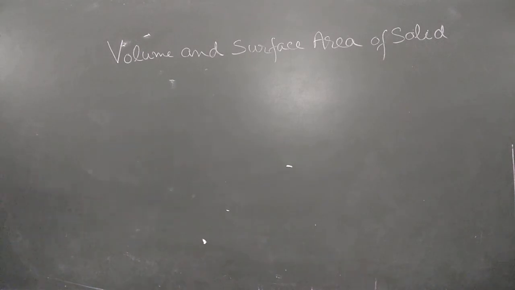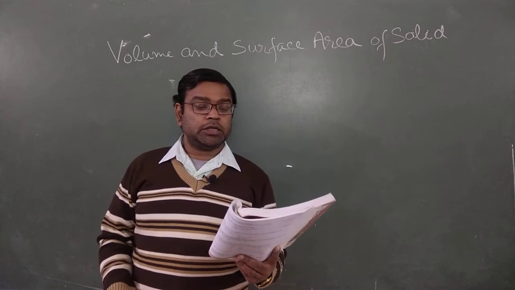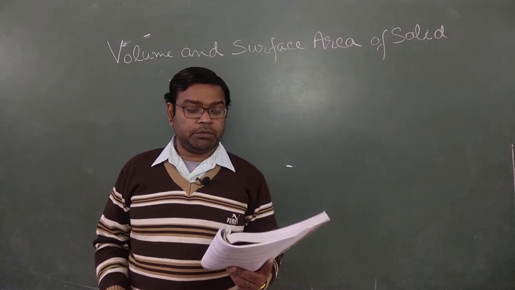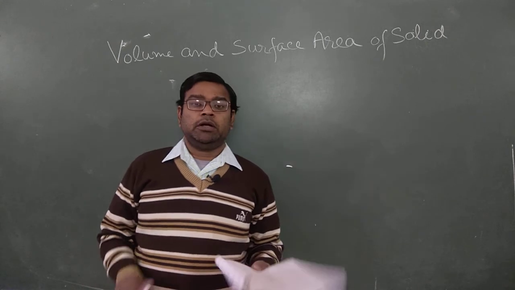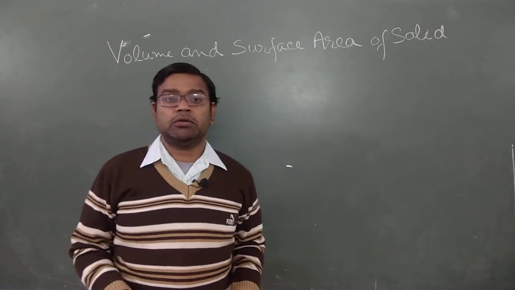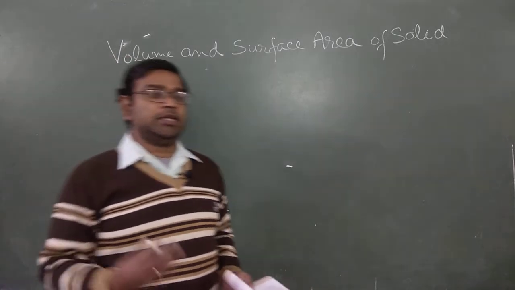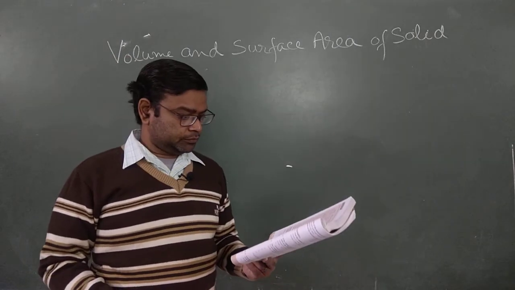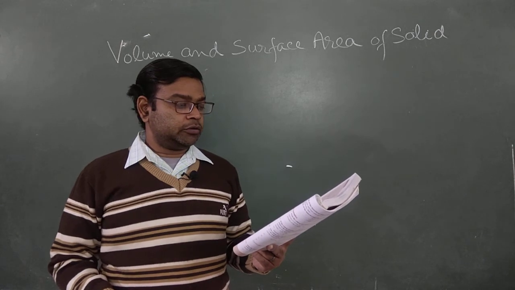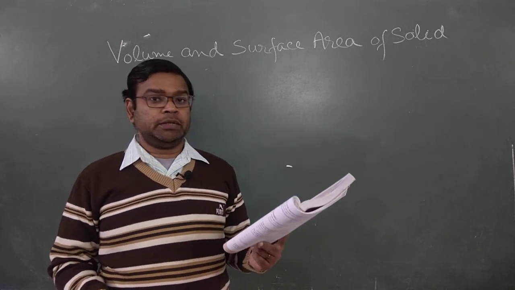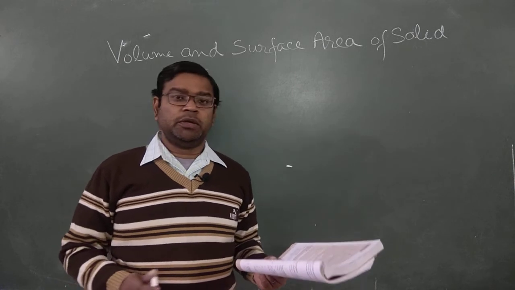In this question, it's given that the total surface area of a right circular cylinder of radius 7 cm is 1188 cm square. Need not confuse about right circular cylinder. It's a simple cylinder's fancier name, right circular cylinder. The question says that radius is 7 cm and total surface area is 1188 cm square. Find its height. It's easy. This type of question may come to you.